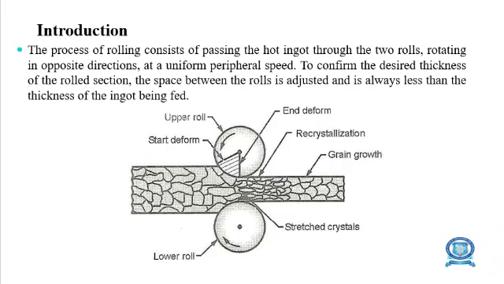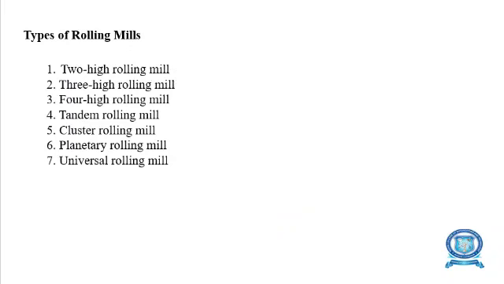As shown in the figure, having two rollers, an upper and a lower roller, the workpiece is fed in between them. Initially, the workpiece grain structure will be somewhat bigger, but as the workpiece crosses the rollers, the grain size will be recrystallized and the cross section of the grains will be reduced. Thus, the workpiece length will be increased and the thickness reduced.